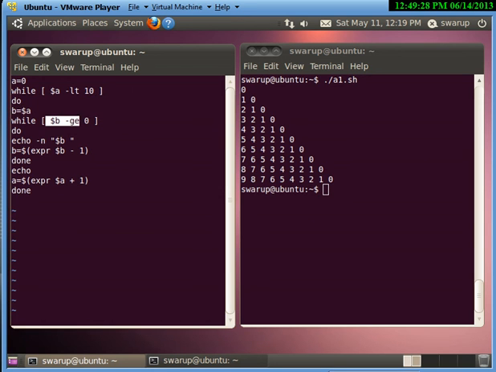b is greater than or equal to 0, since 1 is greater than 0, the condition is true. So it comes to the next line, where it prints the value of b, which is 1. It gets printed over here. In the next line we are decrementing the value of b from 1 to 0, and it goes to the loop once again. It's not greater than 0, but it's equal to 0, so it enters the body of the loop and prints 0, which is why we are getting this particular 0.